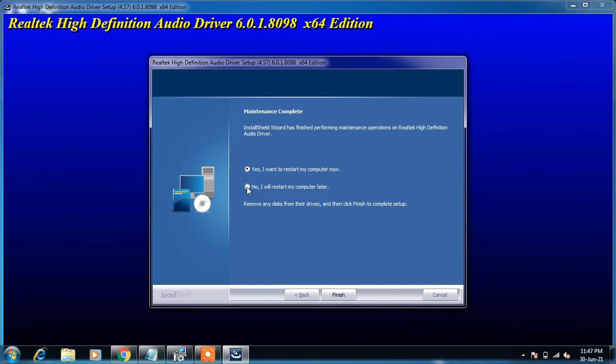I will choose this second option, no, I will restart my computer later as I am doing the video recording. But you just select this first option and then just click on the finish button to restart the system, and it will install the audio driver in your system.